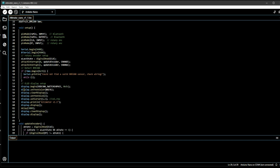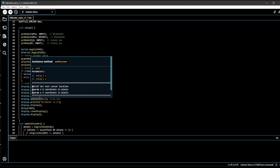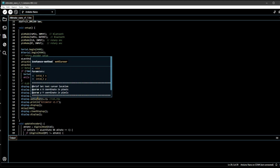Then the detection of the BME280 is shown here. Just an error: if you don't find it, it will actually print this out. Then next is the OLED display. So all the display dot functions are basically what you're using to display on the OLED the things that you want to show. And there are some initial assignments here,